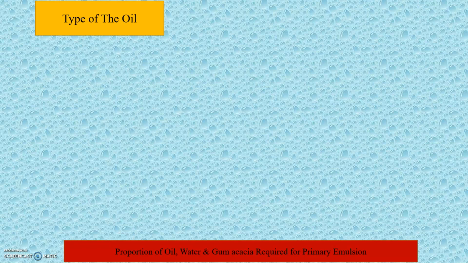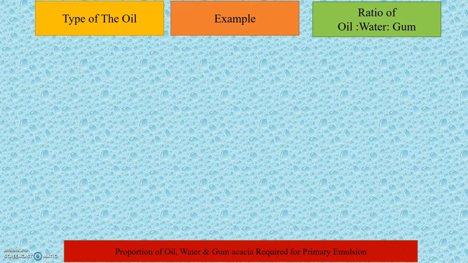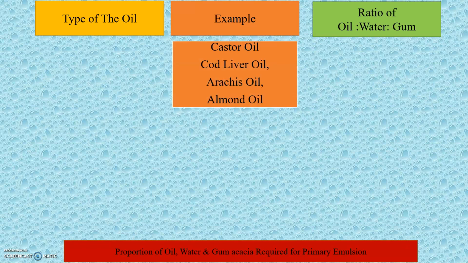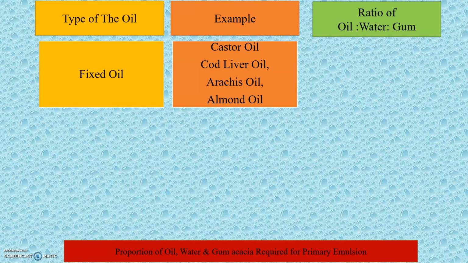This table consists of the type of oil, examples, and the ratio of oil, water and gum acacia. If the oil is castor oil, cod liver oil, arachis oil and almond oil, these are examples of fixed oil, and the ratio of oil, water and gum acacia for the fixed oil